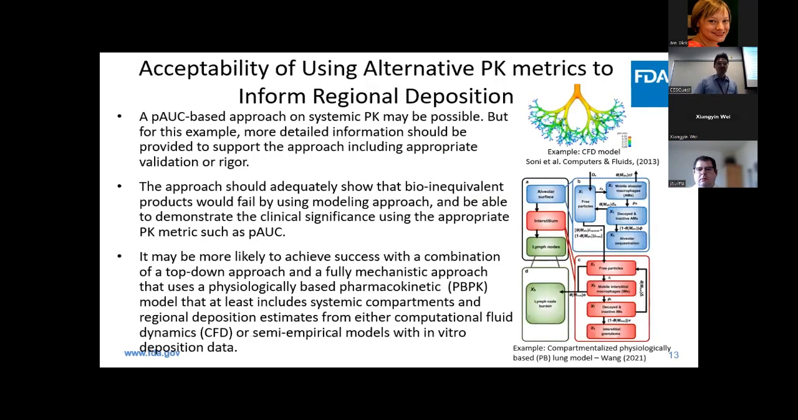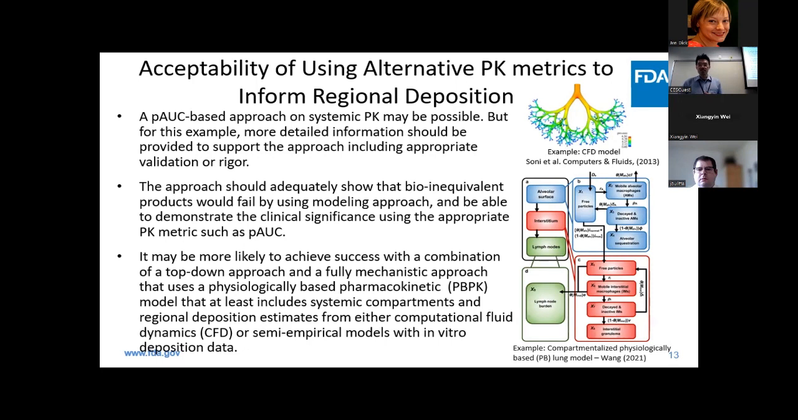So here we are looking at the acceptability of the alternative PK metric to inform regional deposition. Definitely the partial AUC-based approach on systemic PK may be possible, but for this, more detailed information should be provided to support the approach, including appropriate validation. And the approach should be sensitive enough to detect formulation differences, like the C2P ratio. How sensitive the method is, and also to demonstrate the clinical significance using a proper metric